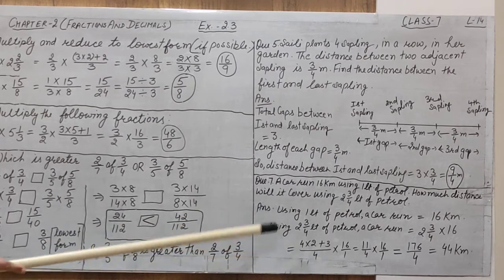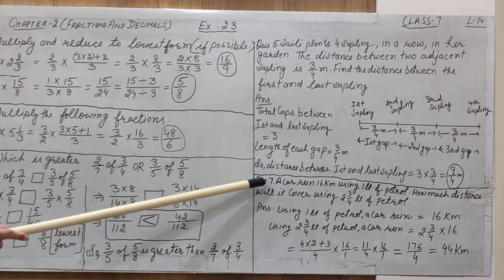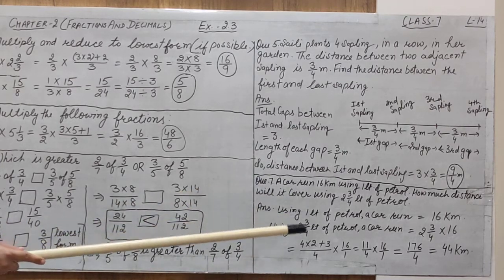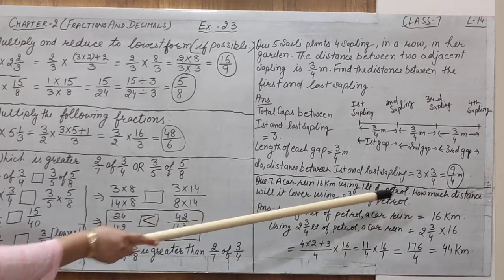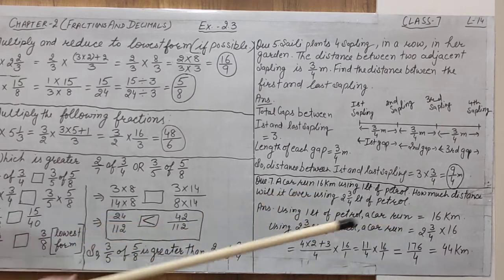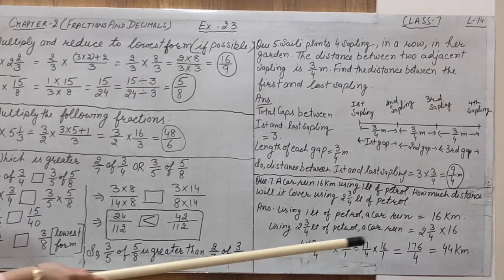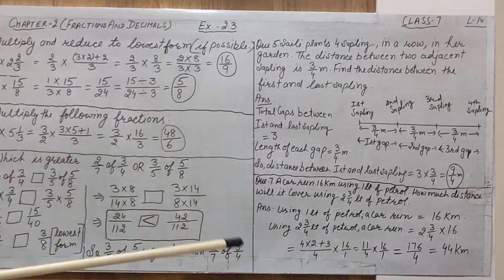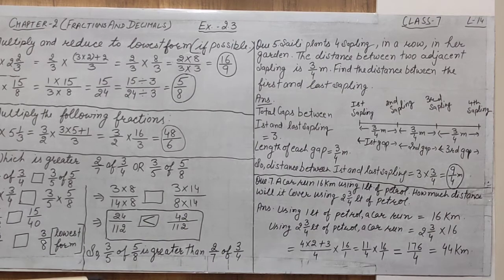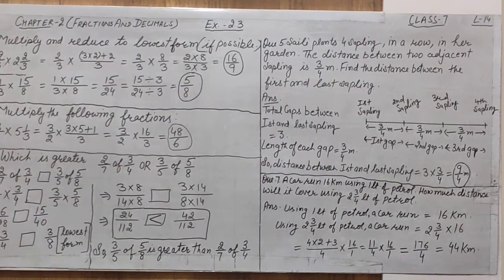Alright, again understand, using 1 liter of petrol you have to make the statement from the conditions. From the first line I have made this statement, and from the second line I have made this statement. Using 1 liter of petrol, a car runs 16 kilometers, and for 2 3 by 4 liters of petrol, the car runs 44 kilometers. I hope you understood the statement based question well, and how you can use statements for making the questions. Now you must complete your exercise 2.3 related to the multiplication of fractions.